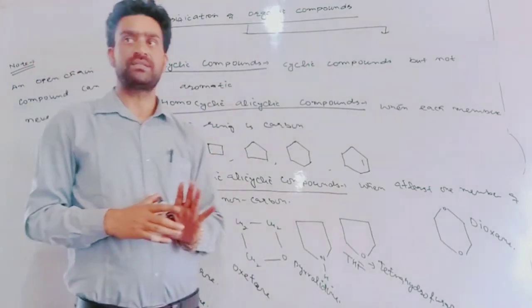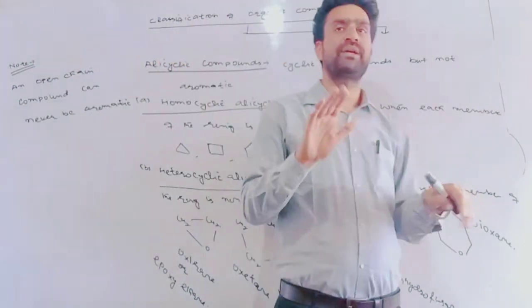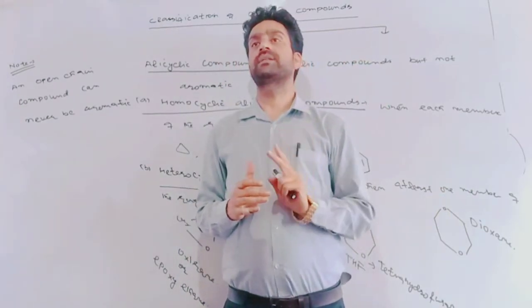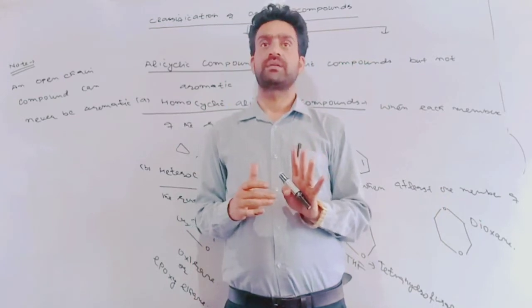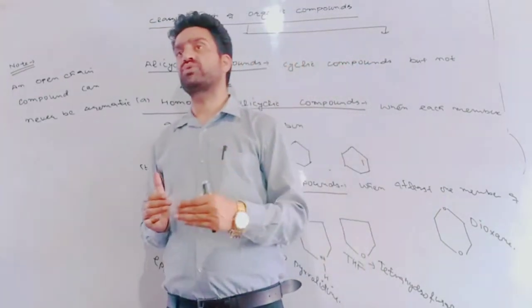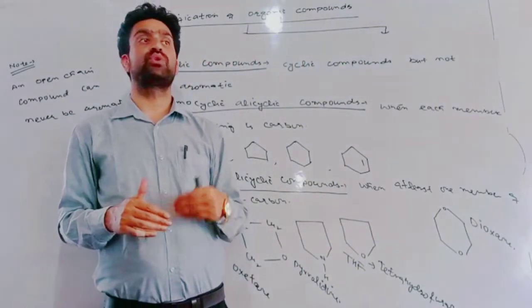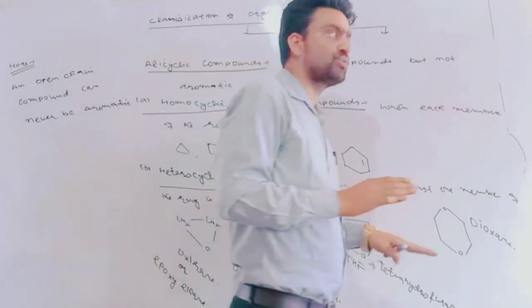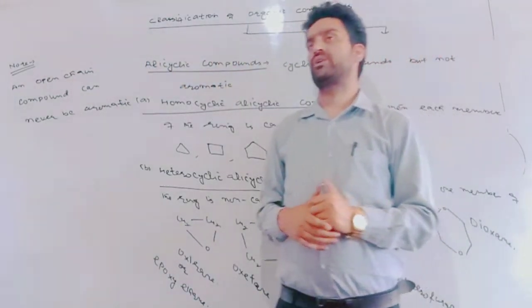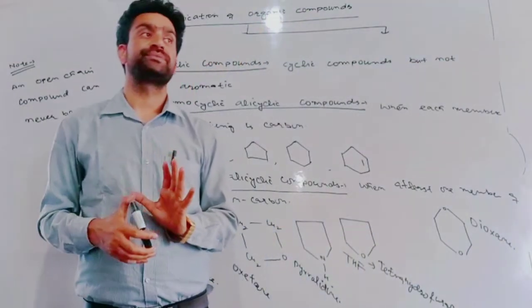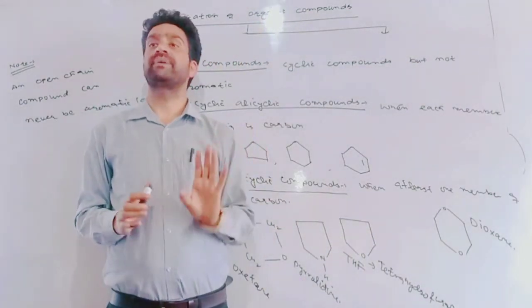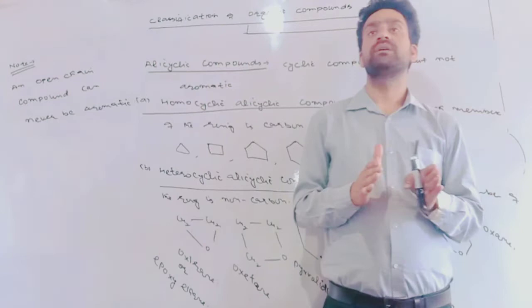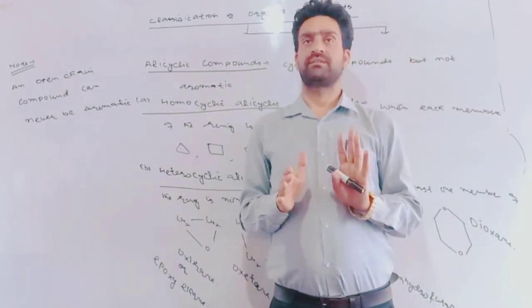What was the main classification? Alicyclic, aromatic. What are aromatic compounds? Conditions for a compound to be aromatic: first, it must be cyclic and planar. Each carbon must be sp2 hybridized with closed conjugation. It should obey Huckel rule, 4n plus 2 pi electrons. Then aromatic compounds are differentiated into two types: benzenoid aromatic and non-benzenoid aromatic. What are benzenoid aromatic compounds? Those aromatic compounds which contain at least one benzene ring. What are non-benzenoid aromatic compounds? When in case of an aromatic compound, there is not present any benzene ring.